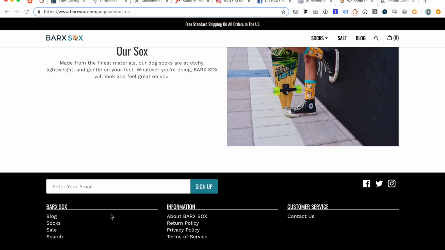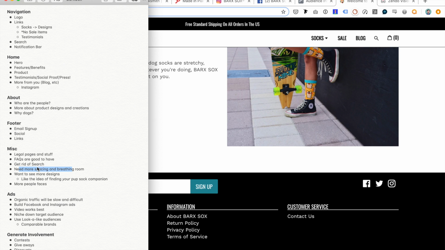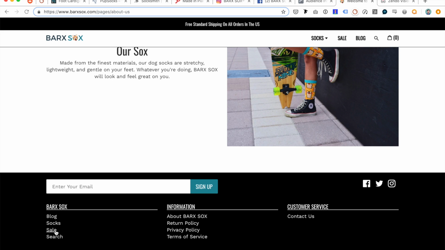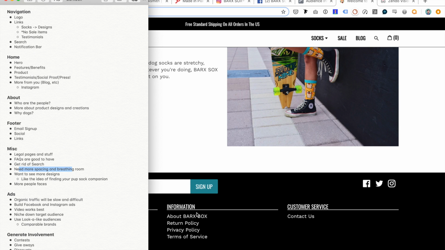Let's see. So this is fine. I know I mentioned for the footer, getting rid of sale, getting rid of search. You could clean up some of this stuff. All of your legal things, I haven't read through them. Just make sure that they're all accurate. An FAQ would be good to have. You could have that in the top bar actually, and that way you could talk about shipping methods and expectations, product. What was I thinking? Shipping, maybe cost, returns,